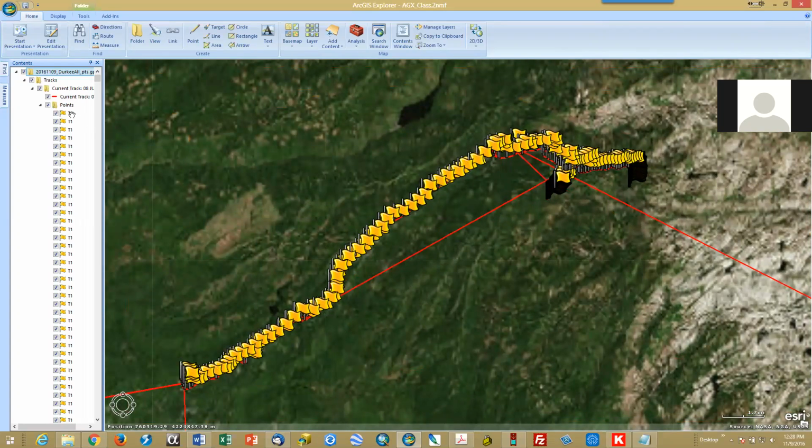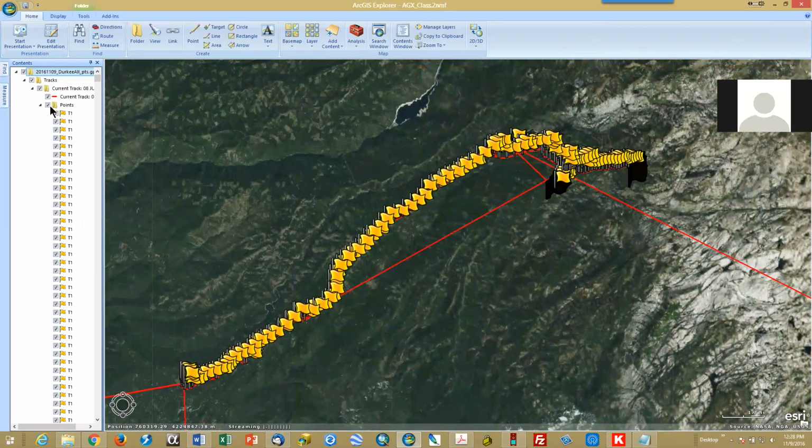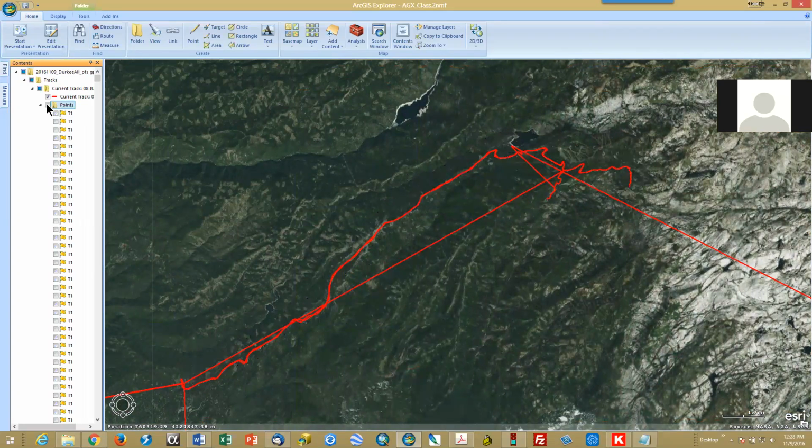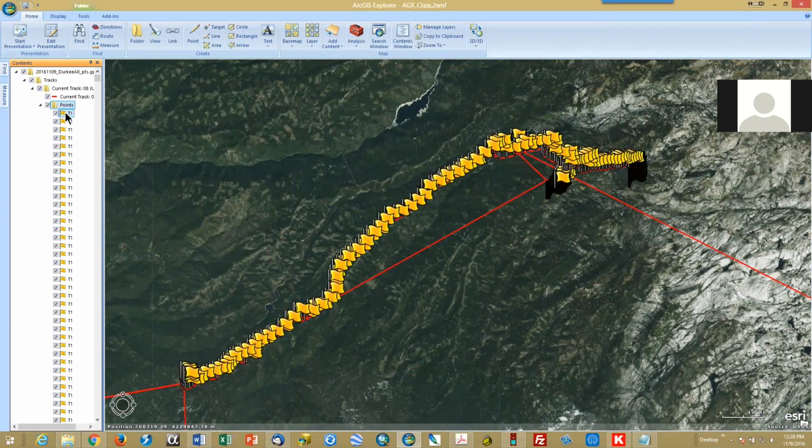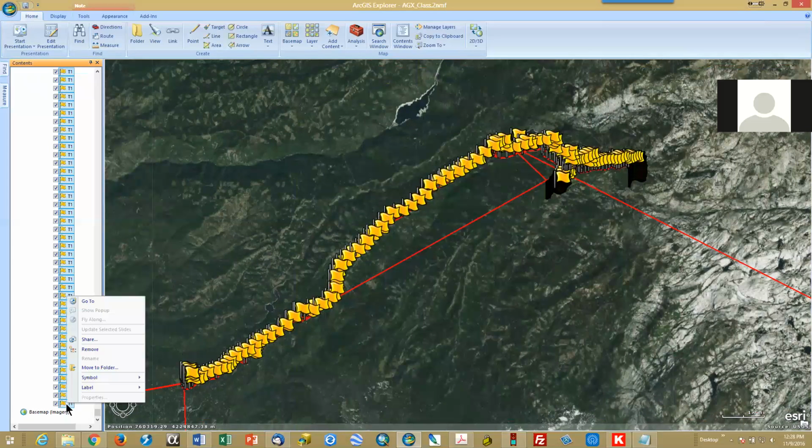You can get rid of those flags, the points, and just look at the line, or you can change them. So I'm highlighting the first one, and then going way down here, and with the shift key, highlighting the last one, then right click, and go to symbol,